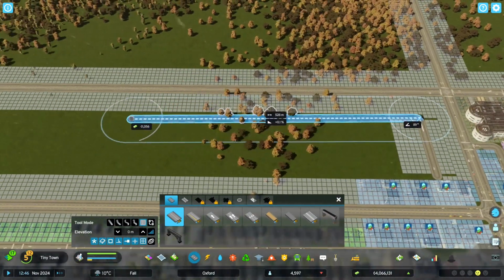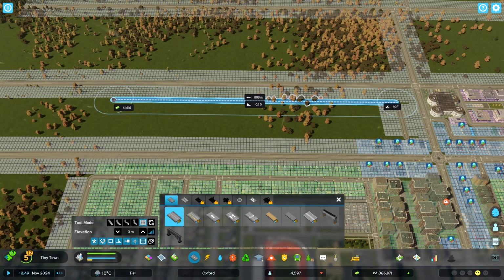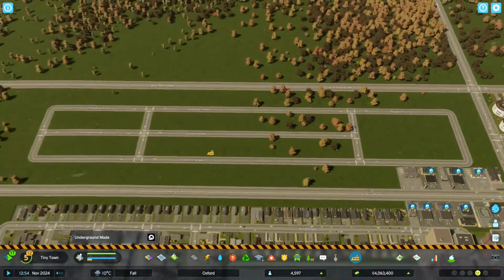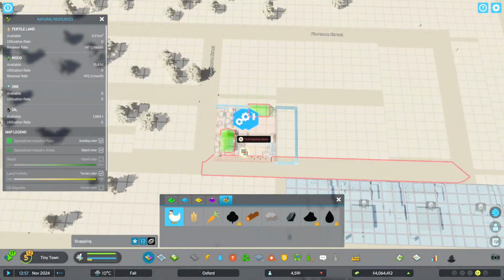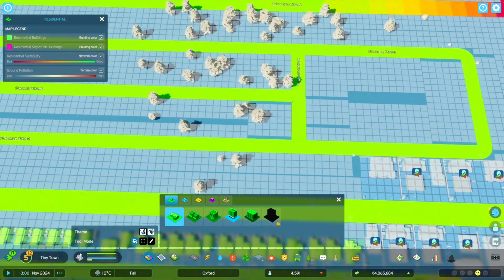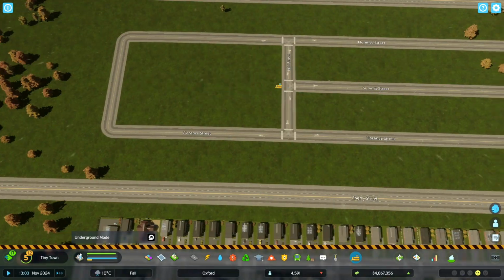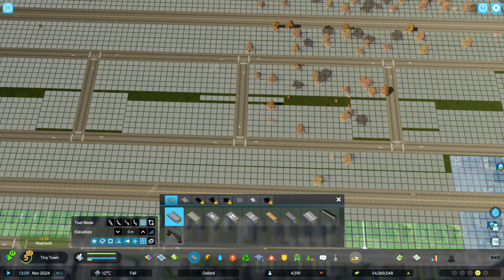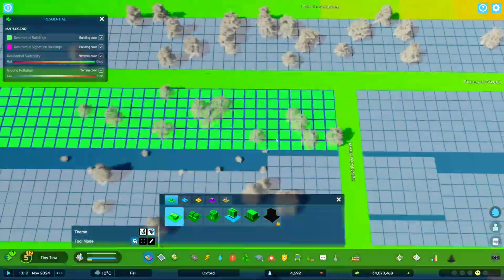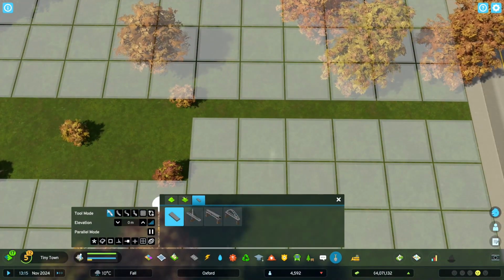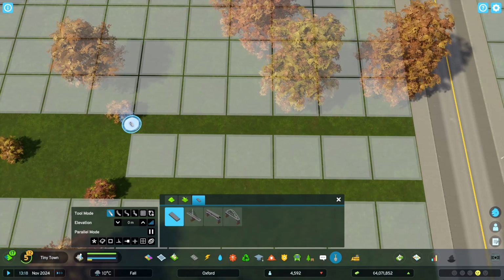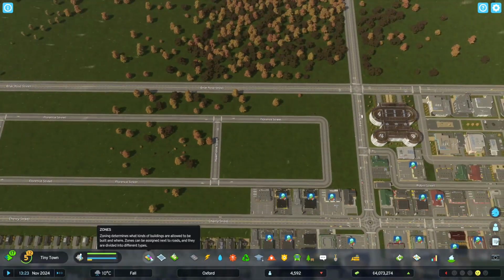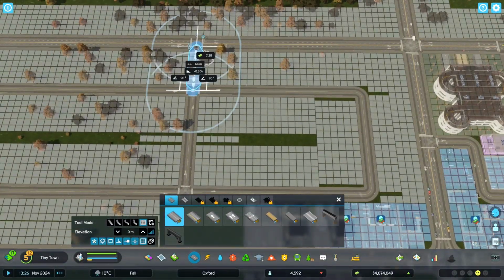Then we can come in with the smaller roads, kind of define the neighbourhood area, just lining it up there using the grid, just deleting a couple of them. And yeah, you can see there's some odd gaps here. So if I maybe delete a few more roads. Yeah, I think I'm happy with that. That gap in the middle there, we can do a path down there, perhaps. Maybe not, actually. Maybe it doesn't quite fit. Anyway, finish off some of the roads.